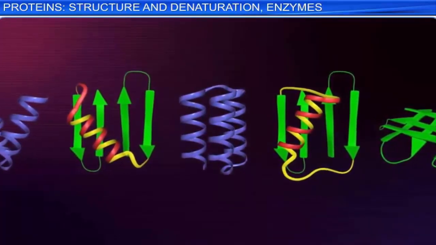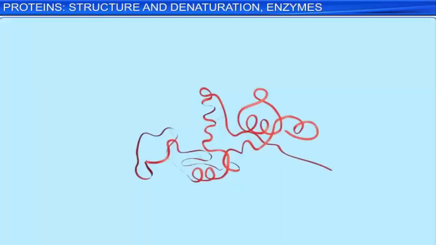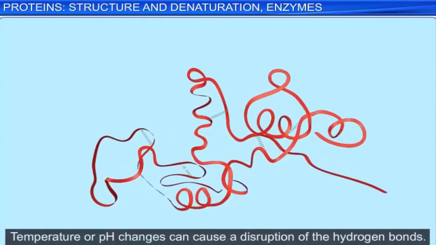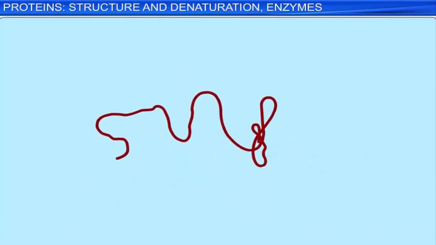In some respects, proteins are rather fragile. Temperature or pH changes can cause a disruption of the hydrogen bonds. When hydrogen bonds break, the globules unfold, the helices unravel, and the beta sheets flatten out. This is called